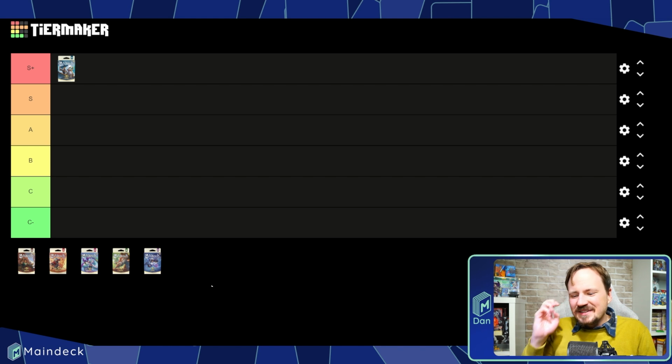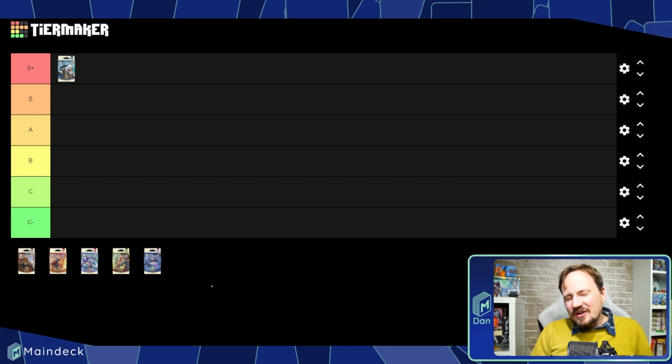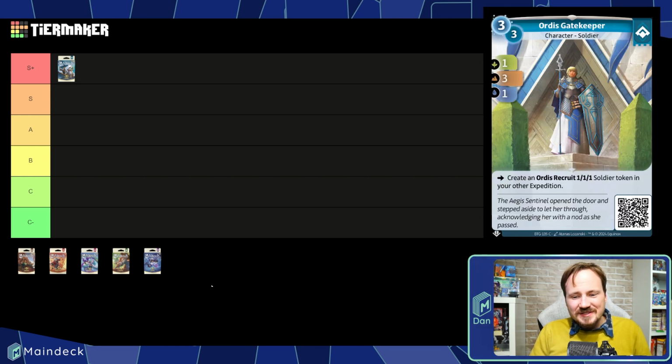Now, the reason for that is that this deck is in some ways simply the most forgiving deck of any of them. The Ordis deck plays a token-based strategy. It is led by Yzmir and Wingspan as its hero, who has a very simple, very powerful, very consistent ability, which are things that are not necessarily the case with each of the other heroes in the starter decks. Yzmir and Wingspan simply puts out a 1/1/1 Ordis Cadet token into your hero expedition every single turn, and by that you can tell that the theme of this deck is tokens, tokens, and more tokens. The Ordis deck wins just by flooding the board with lots of tokens,